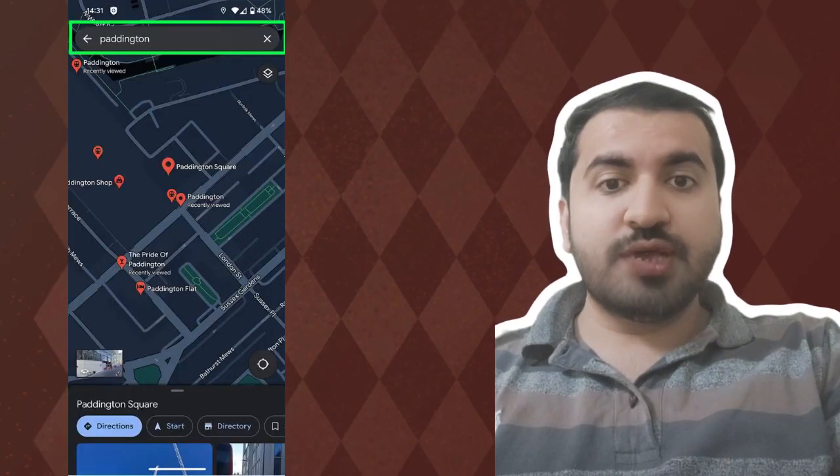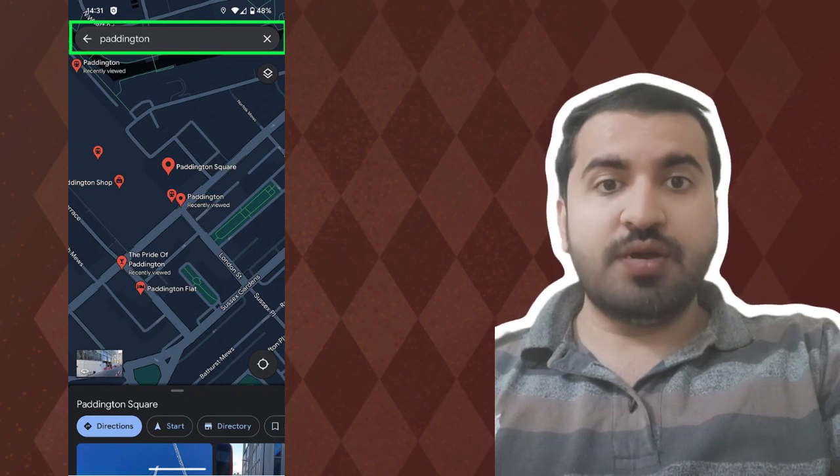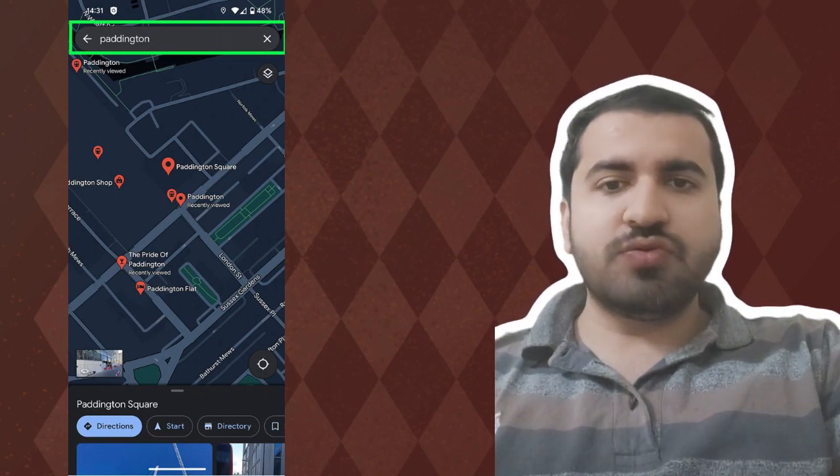Step 2. If you want to check a specific location or area, enter that location or area in the search bar. Otherwise, just proceed to